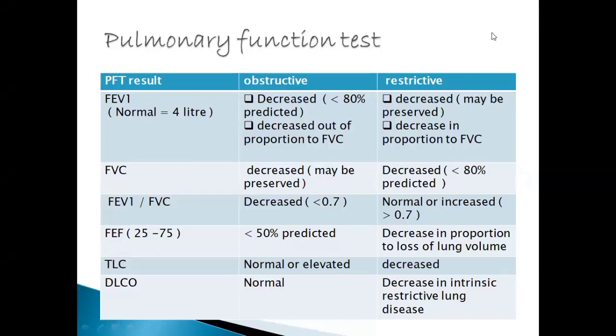So we have a few parameters like forced expiratory volume in the first second, that is FEV1. Then we have FVC, forced vital capacity. Then we have the FEV1 by FVC ratio. Then we have TLC, total lung capacity, and we have DLCO. So today